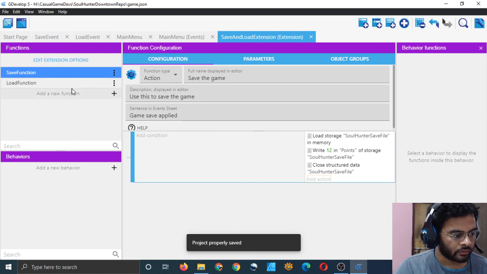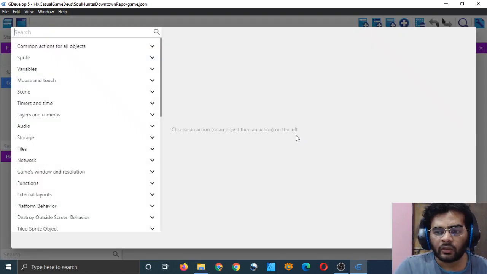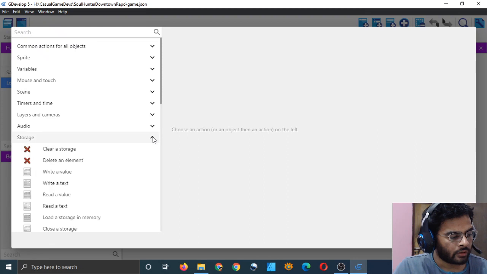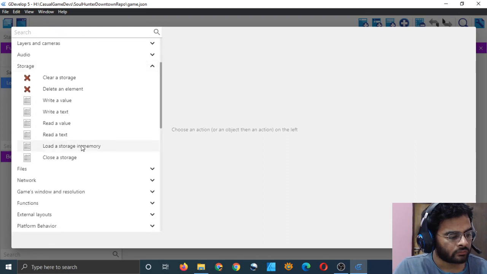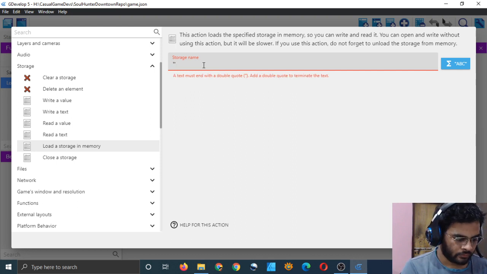Cool, nice. Go to the load function and do the same. I guess we should do the same, don't you think? I will now load the storage, and that is soul hunter save file.